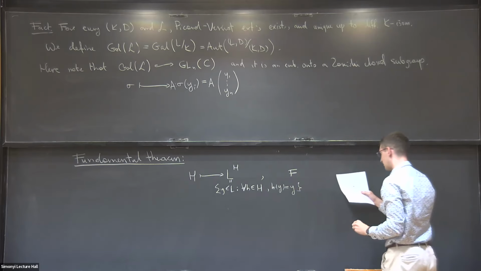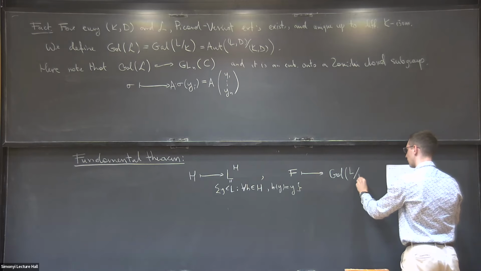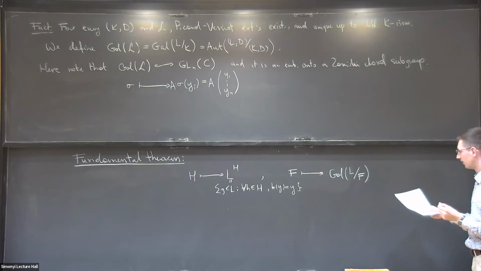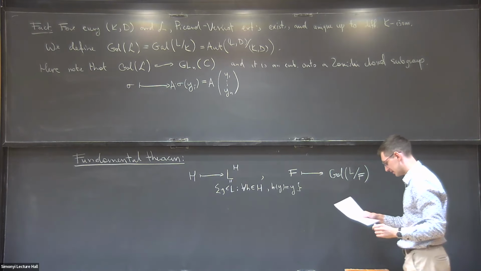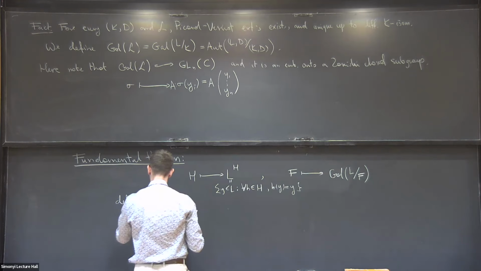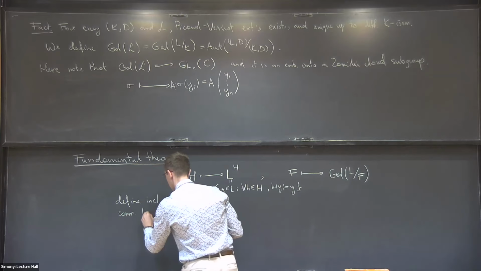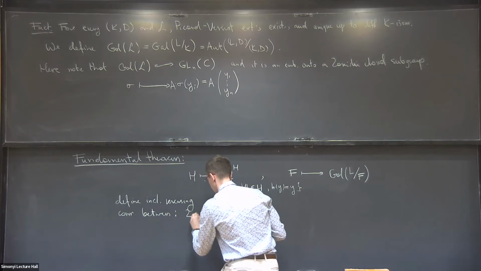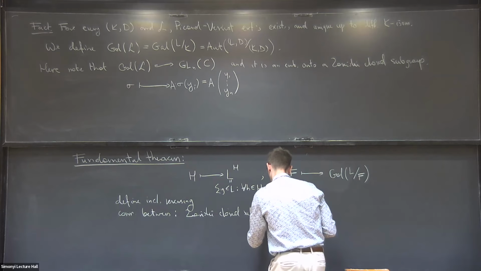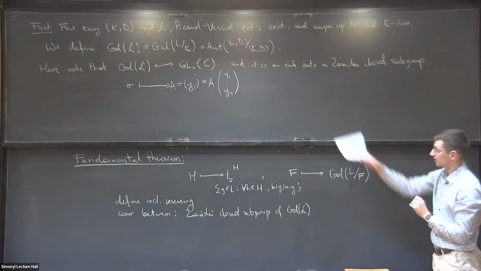If I have some intermediate field, then I can look at the set of automorphisms that fix F. So this will be a subgroup of the automorphisms that fix just K. And I want to say that these functions define an inclusion reversing correspondence between Zariski closed subgroups of this Galois group of L, which we treat as an algebraic group,